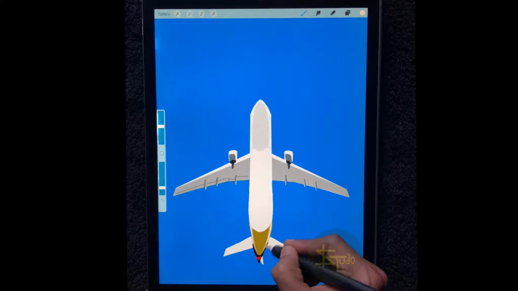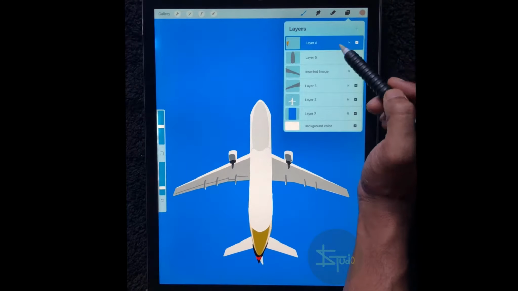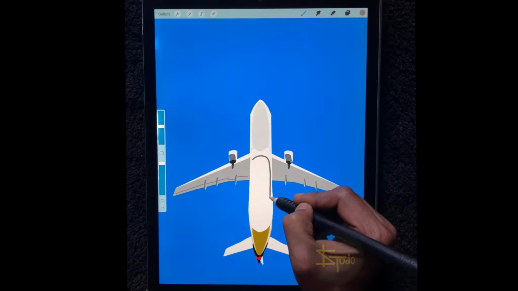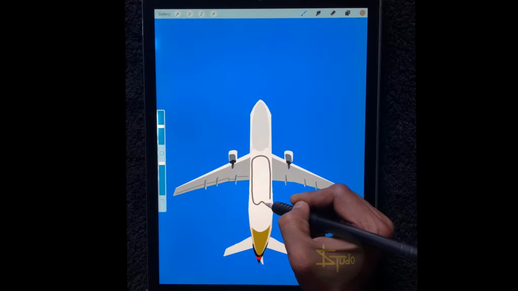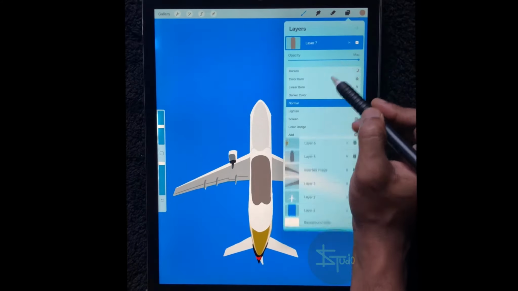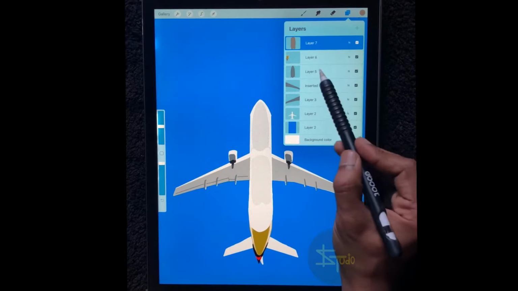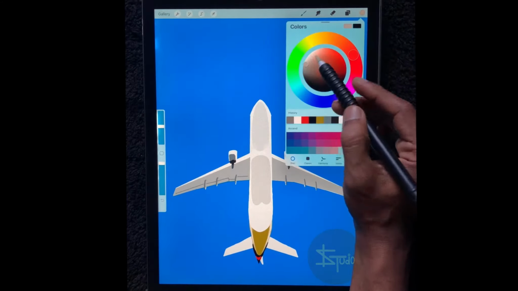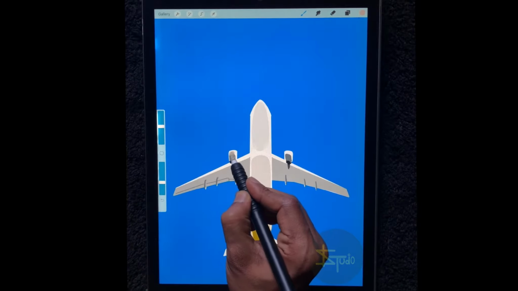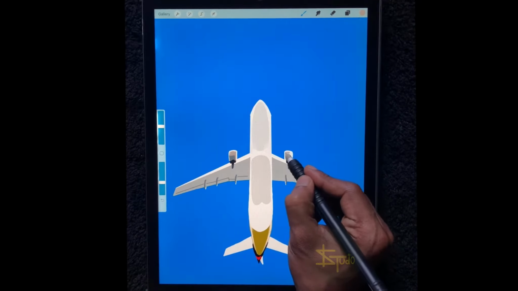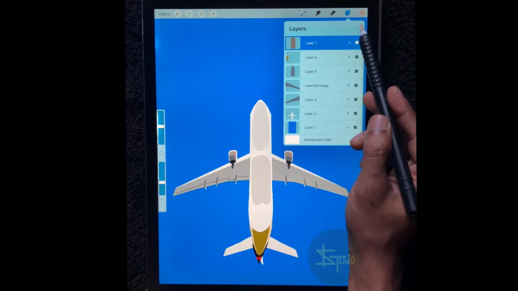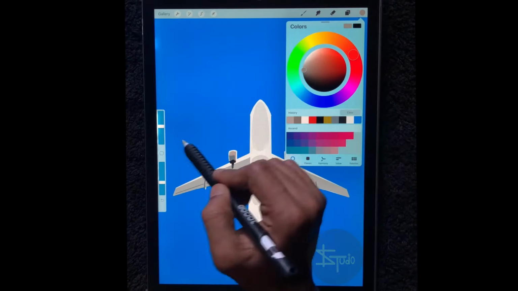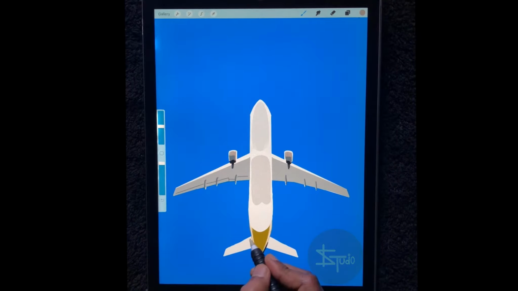In the layer options you can find N, just tap on it and there you can find different options. Opacity is contained in this layer, and the color disc contains lots of colors. So choose your own color. I'm choosing my own colors: gray, yellow ochre, red and white. I will give you the color codes in the video description.